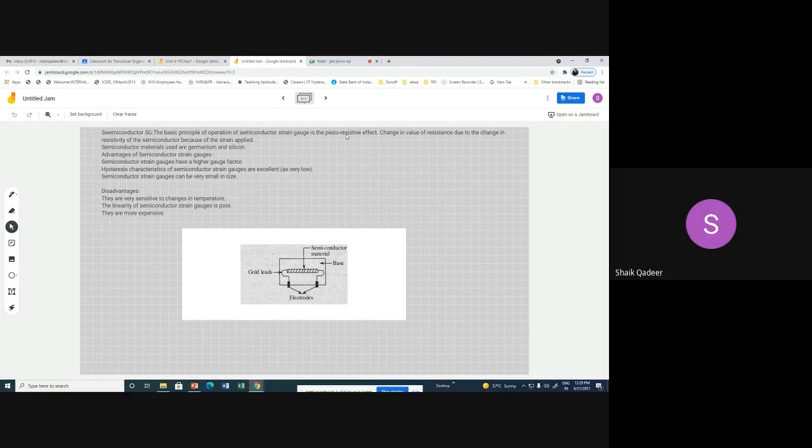Photovoltaic cell. What is the principle of photovoltaic cell? It is again made up of semiconducting material. Light energy is converted into electrical energy, correct? In case of this particular principle, applied force can be converted into change in resistance. So just one piece of information I will add to this. These days, people are using